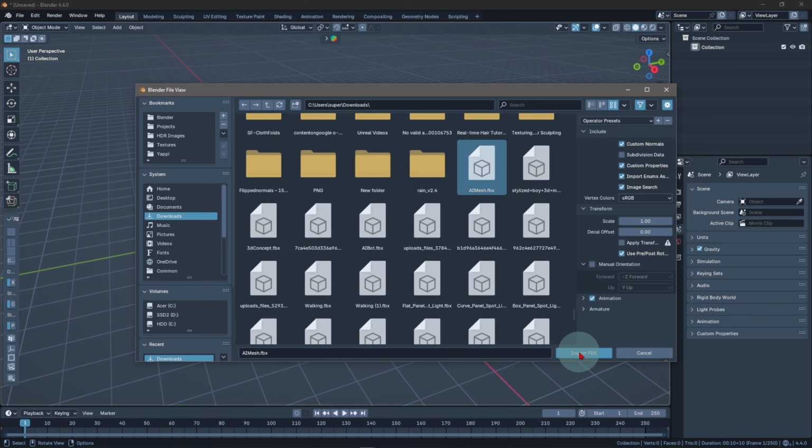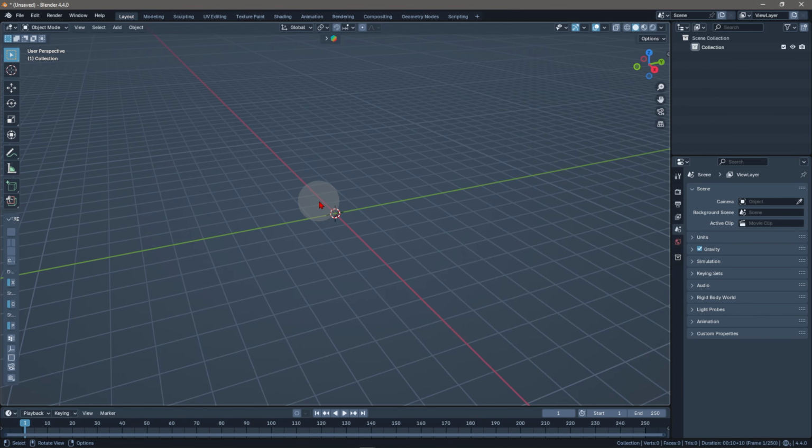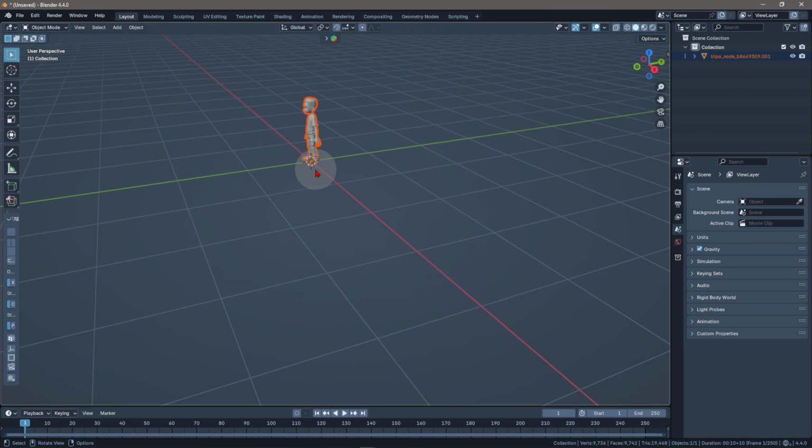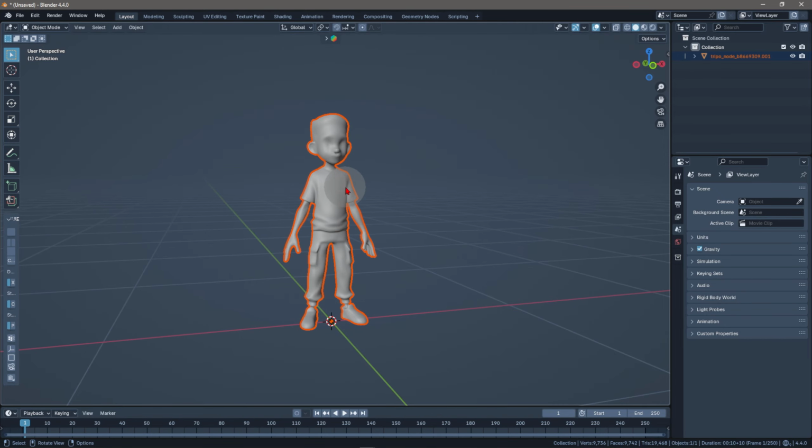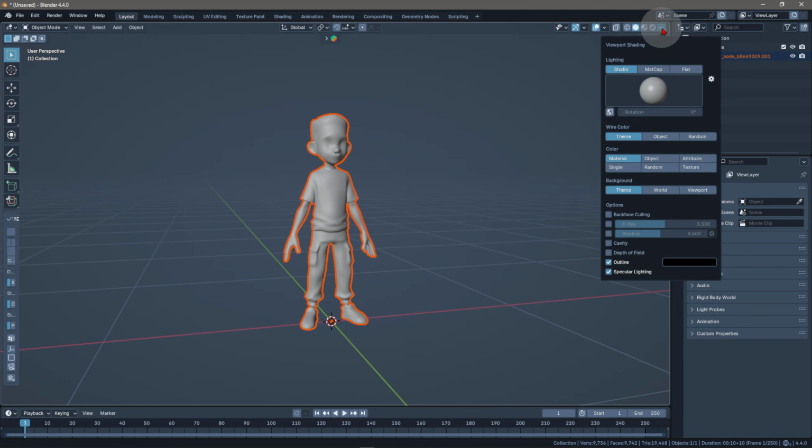That's what I named it, obviously. Okay, so this is our mesh right now, and we are in the solid preview mode. If I click this arrow here and go to textures,